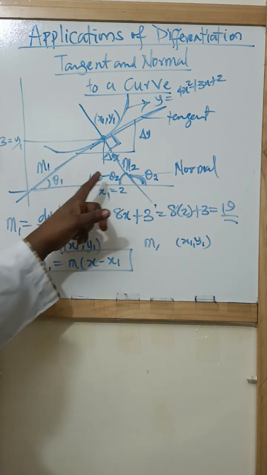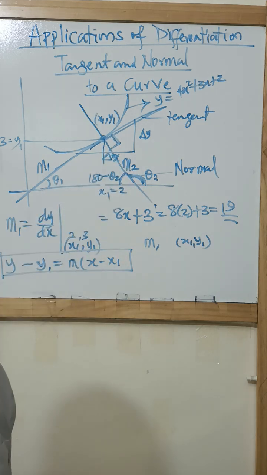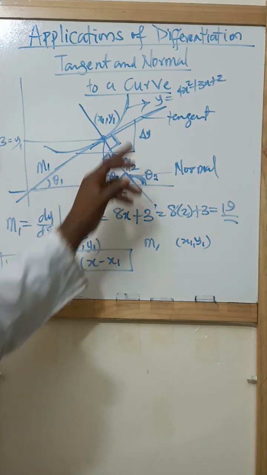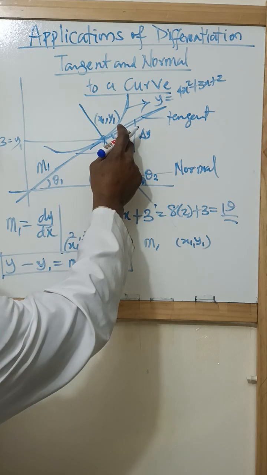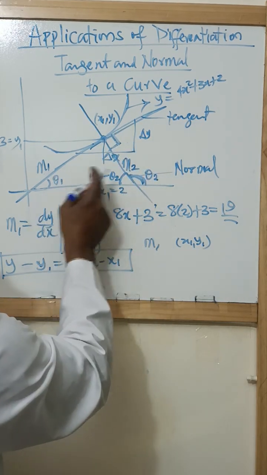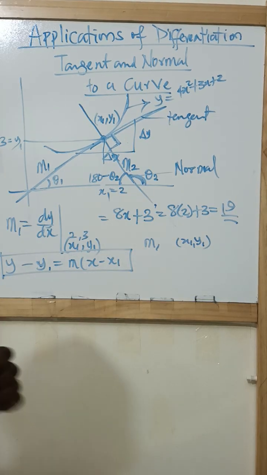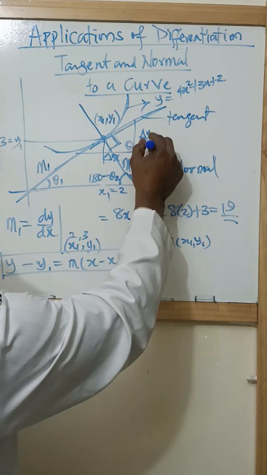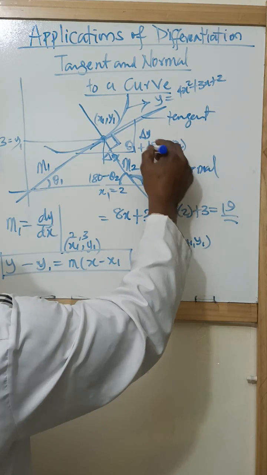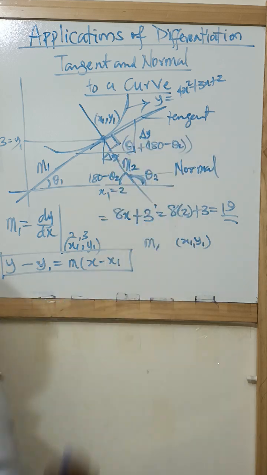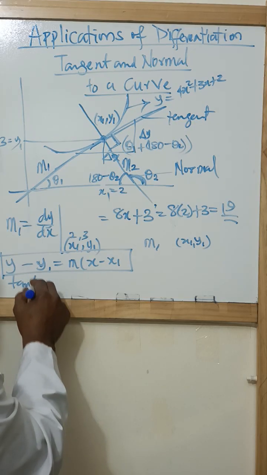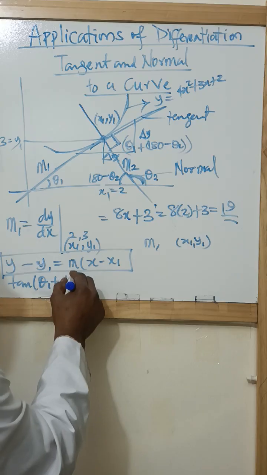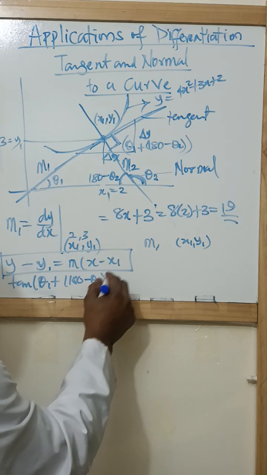And then we know that if we add this and this together, it's going to be this angle. That's the exterior angle of a triangle is equal to the interior opposite angles, right? If we add this and this, it's going to be equal to this angle, so that's the angle between them. So the angle between these two is this one plus this, right? So that is theta 1 plus 180 minus theta 2. Okay, these two angles, right? And tan of that angle, tan of theta 1 plus 180 minus theta 2, is the same thing as